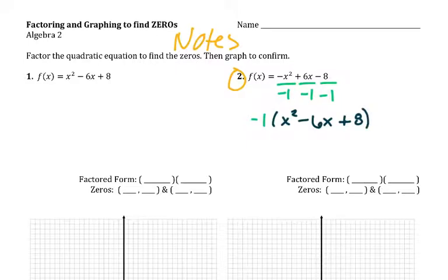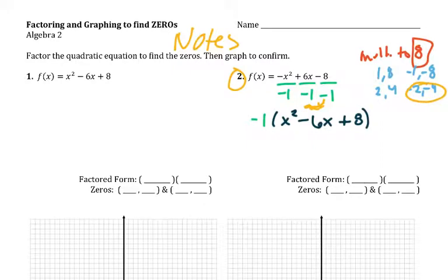All right, so then we need to go through and ask ourselves what's going to multiply to be 8, and then at the same time add to be -6. Of course we're going to end up using two negative numbers, but officially 1 and 8 could work, and then -1 and -8, but that would become -9, so we don't want that. Then we have 2 and 4, and -2 and -4. After that, that's all of our factors. The set that is going to add to be -6 is going to be these ones right here, which means that our factors, with a -1 way out front,